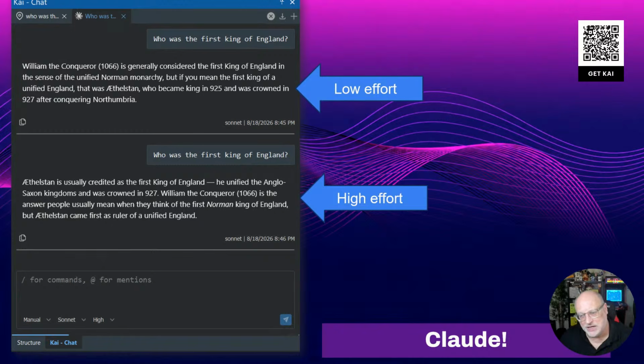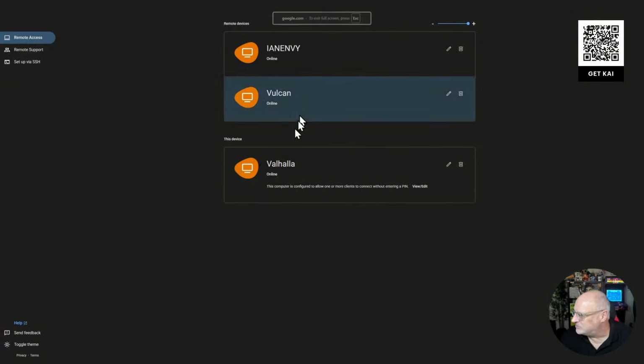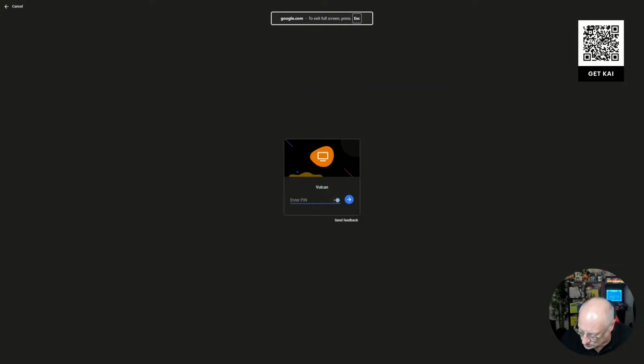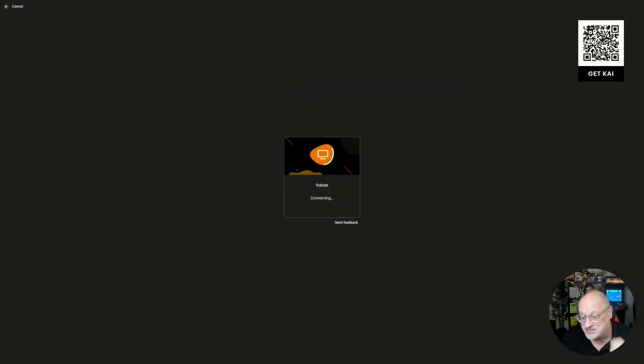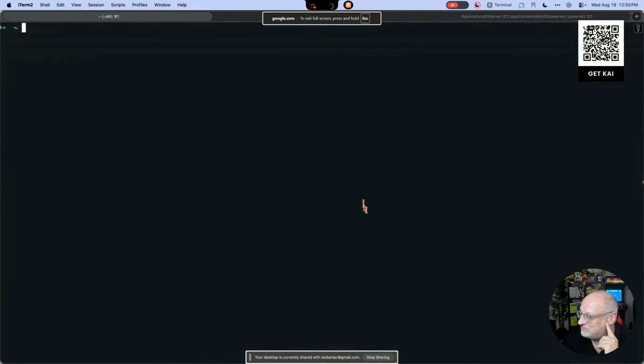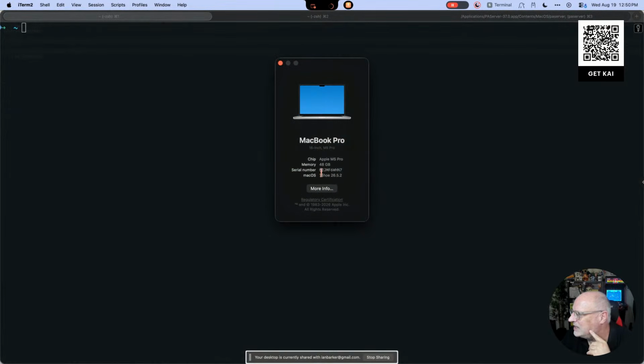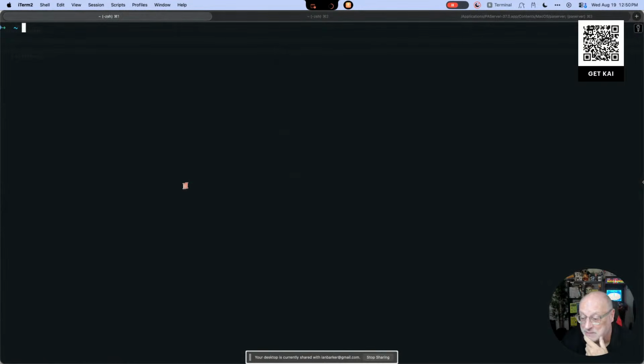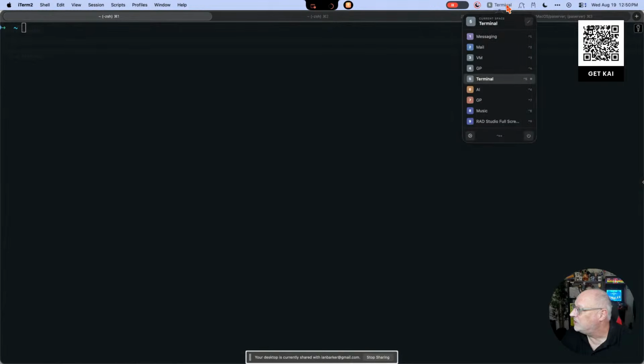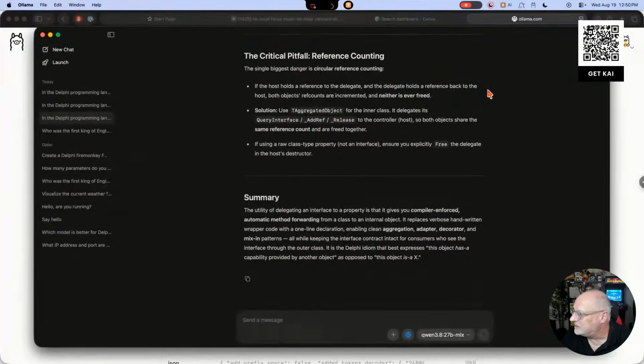Now, let's also look at my Ollama setup. So I'm just going to connect to Vulkan. I wouldn't normally show you this, but since you asked about Vulkan, why not? This is Vulkan. So we're connected to my Mac. I think if I say on here, it should say, hopefully, 48 gig of RAM, and it's a MacBook Pro M5 Pro. So it's pretty good. If I go on to the AI,